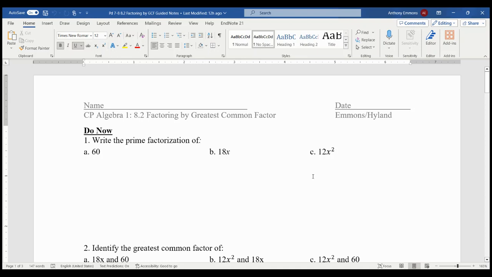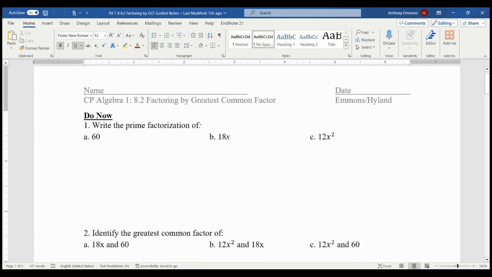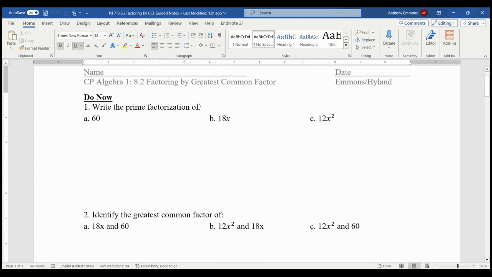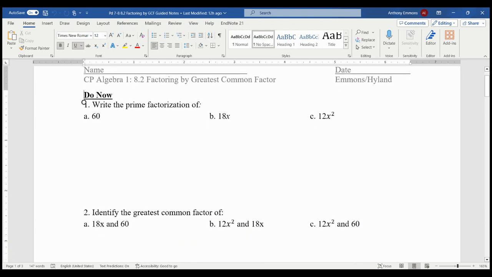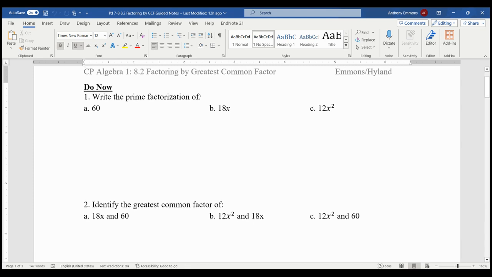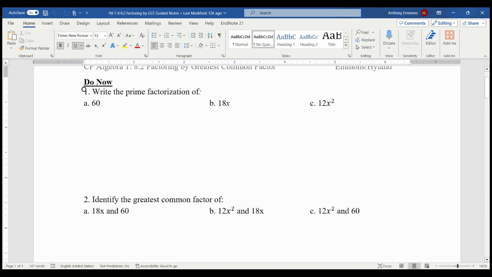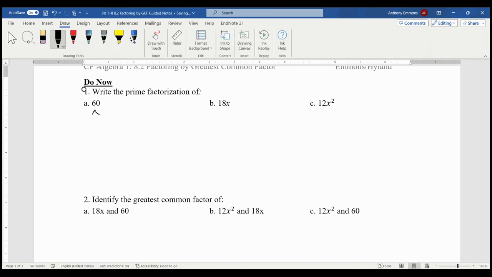This is Mr. Emmons going over how to factor out the GCF, the greatest common factor, identifying the greatest common factor and factoring it out. I find it helpful to talk about prime factorization. I know we did a little bit of this in class. Prime factorization can be helpful if we are struggling to find the GCF. Some of us will be able to just look at the terms and identify it. Others may need prime factorization. If nothing else, I do think prime factorization is worth reviewing from time to time as it can be applicable